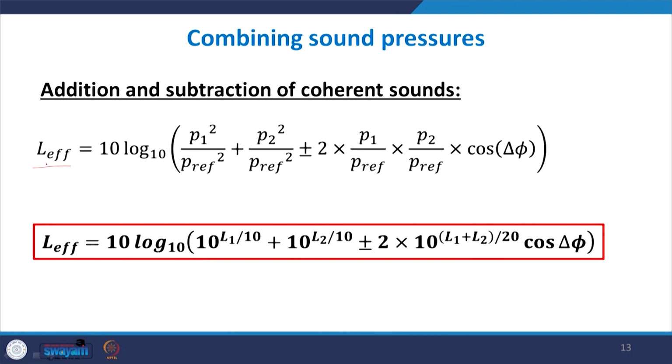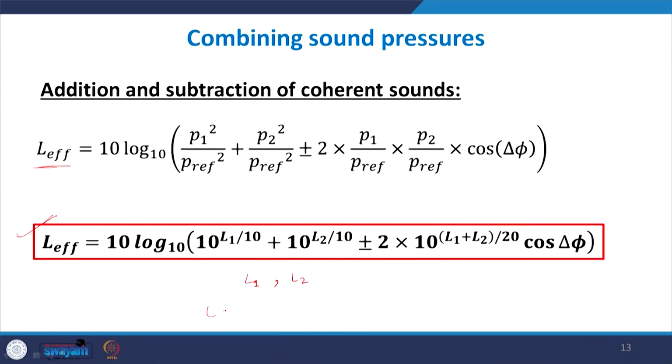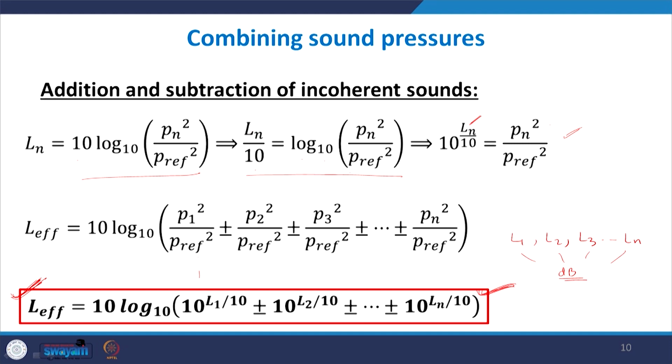So this was the expression for the total SPL when two different coherent sounds are present together. When we put these values in terms of their respective levels, this is what we get. Suppose we have two different sound sources which have levels L1 and L2 in decibels, let's say one has 40 and one has 50 decibels. When they are present together, the total decibel is given by this formula. So you've got these two formulas here. This one is the most commonly used, because most sounds are incoherent in nature.